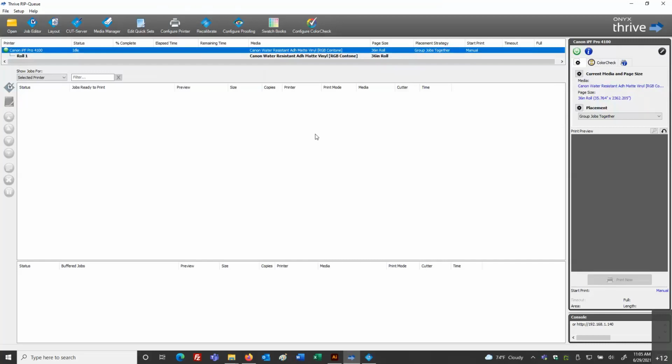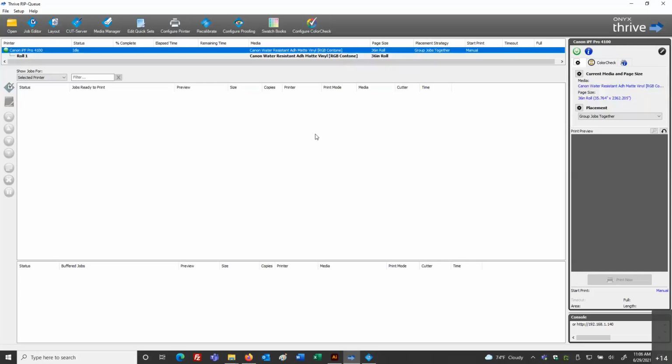So a lot of this information is a method for you to use that cutter manufacturer's cutting solution. What I want to show you today is working through the Onyx software and how we engage in working with cutting information. I'm going to start out with the essentials in getting things set up in the RIP and in CutServer. After we talk about that, we're going to get into setting up the file and preparing the file for the cut information, and we'll go through the workflow.